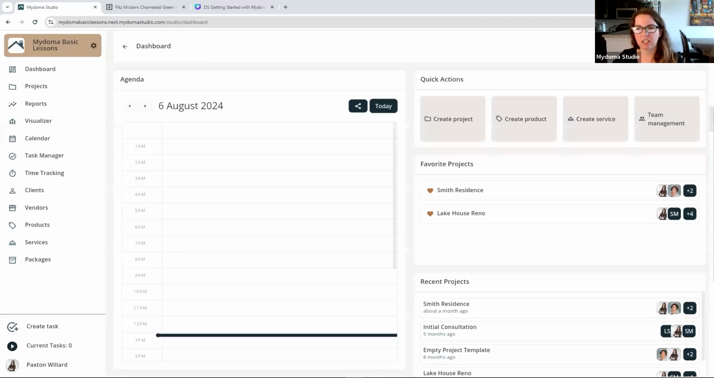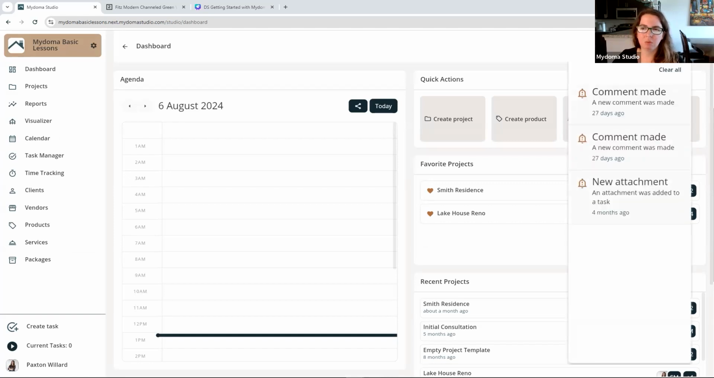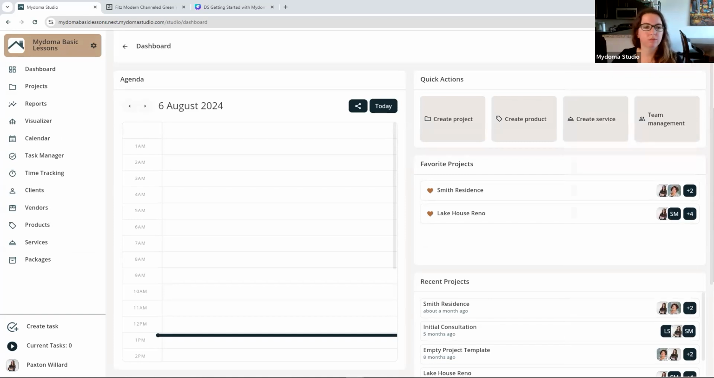I'm going to exit out of the message center. Next, at the top right, I have the bell icon, which is my notifications. Any notifications that I have here, I can click on it and it will take me directly to what it is talking about. To edit your profile and to edit any email notifications or push notifications that you want, you'll select the,